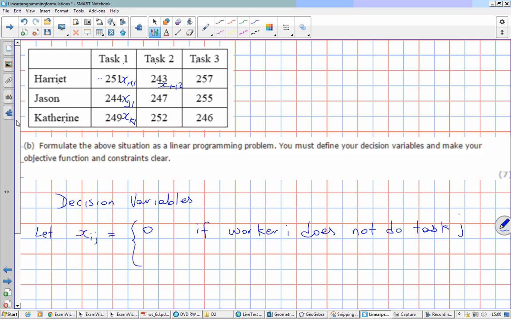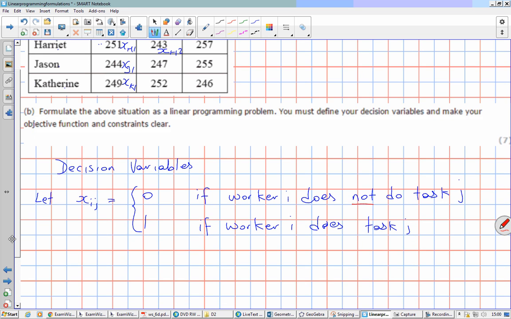Okay, and 1 if worker I does task J. Okay, so make sure we get those the right way around, not. But 0 being not. Okay, so we haven't fully defined them yet because we haven't said what I and J is,